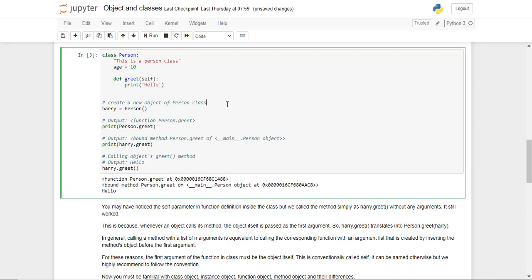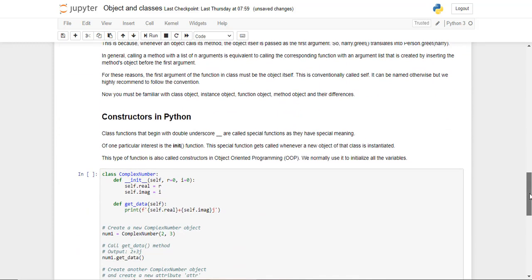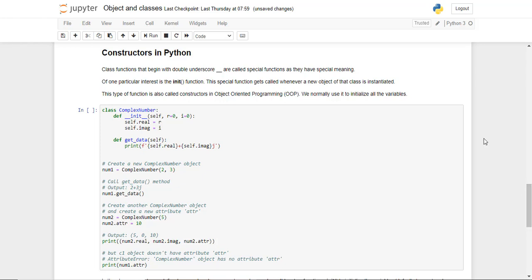So all functions and all attributes that are part of a class are available to every object of that class. By default, when we create an object Harry of a class person, everything is available to Harry also.